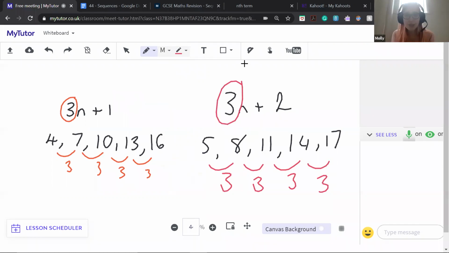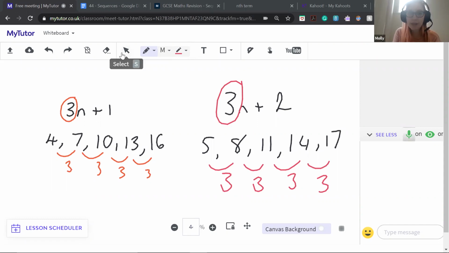Hopefully that makes sense. Do let me know if it doesn't. And yeah, if the difference between them is all the same, it is linear. So these are our nicest, our kind of most generic form of nth term equations that we want to find. And they're quite nice. So we'll see exactly how to do one, like the reverse of this, so finding the